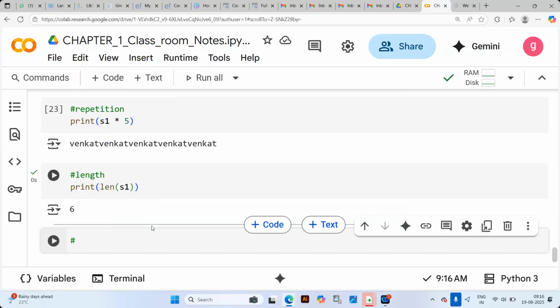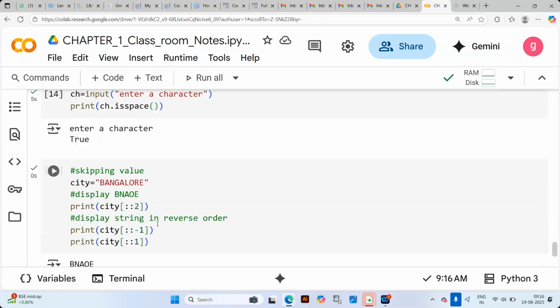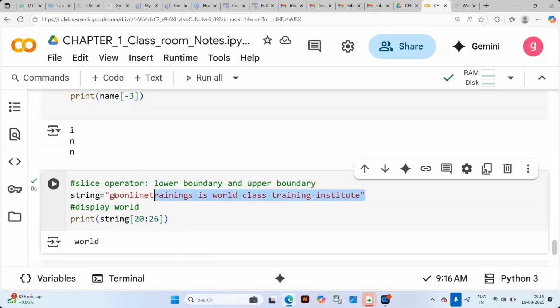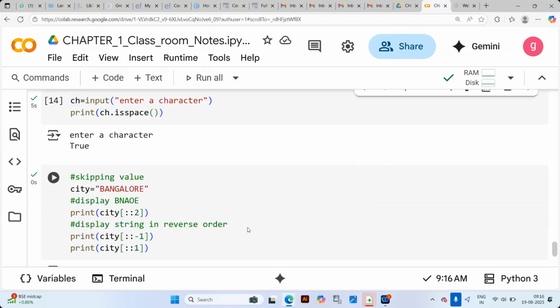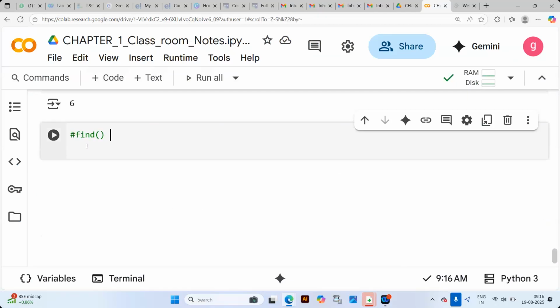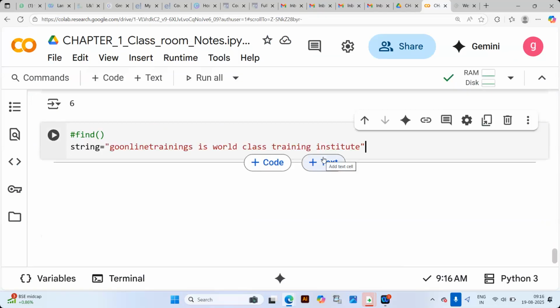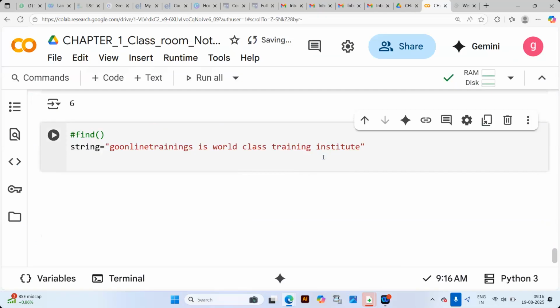Similarly, there is a function called the find function. What does it do? It retrieves where the desired string starts. Let's take a particular string like this. I want to find the word class in it.